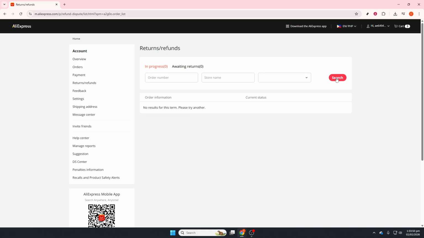When you ship the item, pack it securely, use a tracked shipping service, send it within the stated deadline, and keep your receipt. Without tracking, there's a high risk of losing the refund. After shipping, go back to your dispute page and enter the tracking number. Upload proof of shipment, such as a photo of the